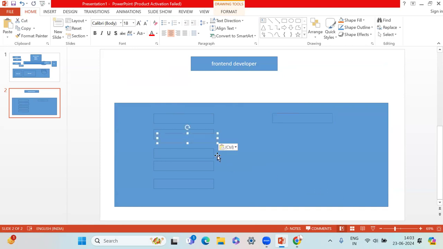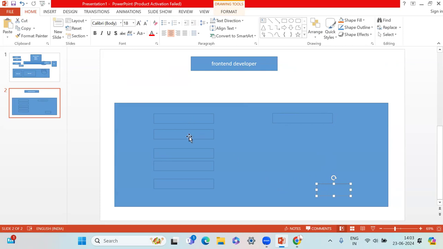So he gets these things from the specifications given by the team lead, a functional consultant, and then after getting the specifications, what he does is design something like this,